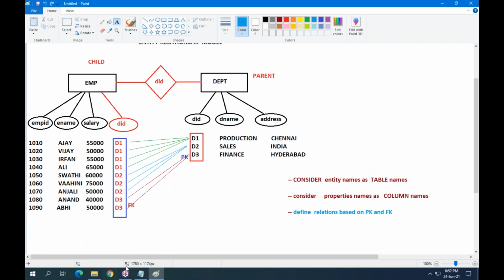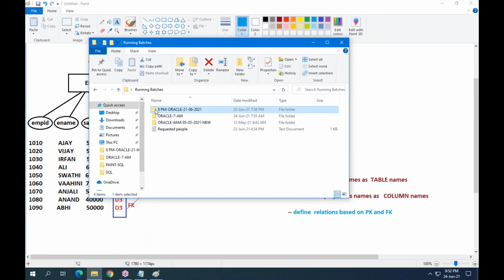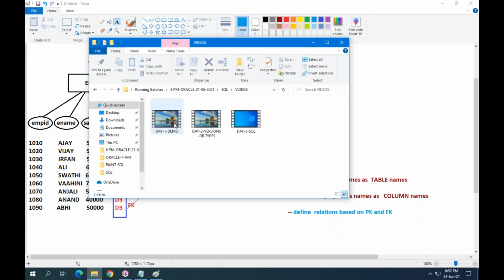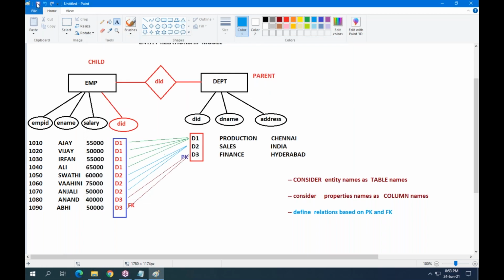Actually, the first day was a demo, and the second day was a demo with Oracle versions and data types explained. That is general information related to what Oracle is and what the latest version is. The actual subject started from day 3. From yesterday only we have entered into the subject. Okay, sir. Thank you.